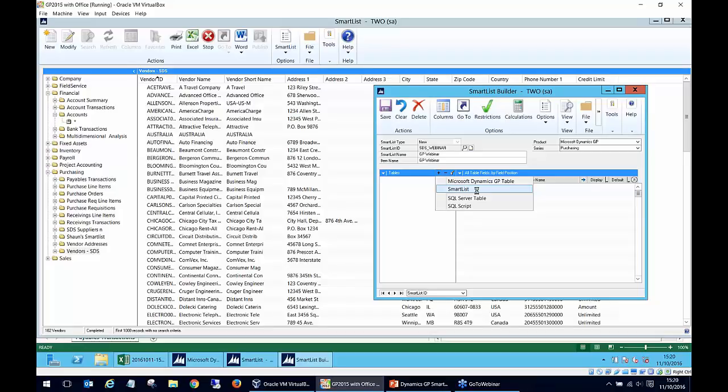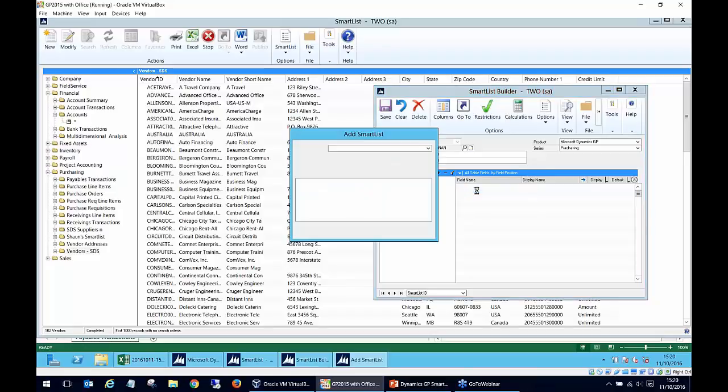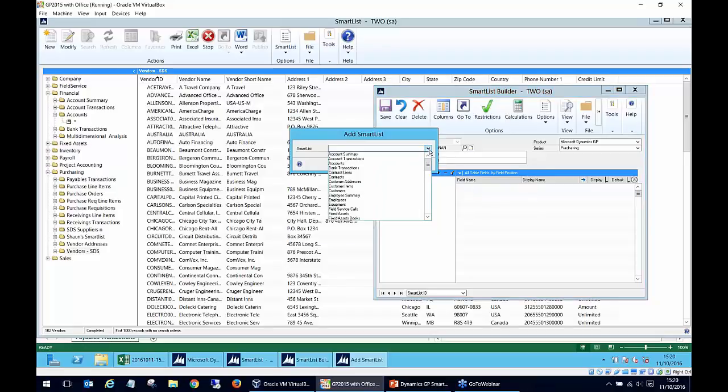So if you are familiar with the structure of GP, you could create a great SQL view that consolidates 10 tables into a single script. Yep, the SQL script is the one for you, and it will give you a whole lot more detail. However, if you choose the Smartlist option, it gives you all your existing Smartlists. So a lot of the time this is good enough. So if you wanted just to create a Smartlist of customer addresses or customers, or in my case it's going to be payable transactions,